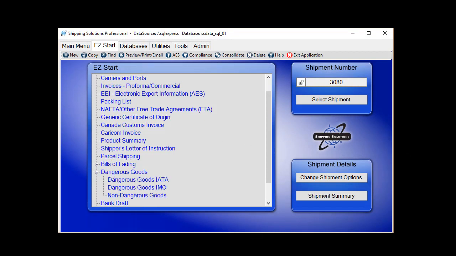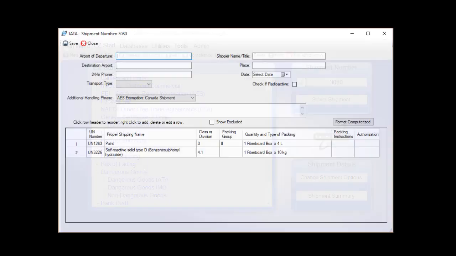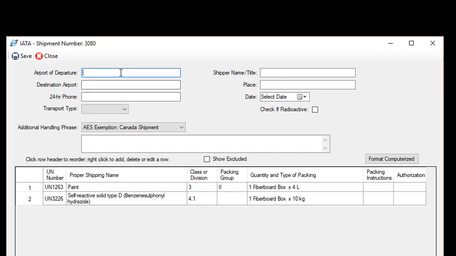If you are shipping via air, click the Dangerous Goods IATA screen, and if you are shipping via ocean, truck, or rail, click the Dangerous Goods IMO screen. First, we'll look at the IATA screen. Complete the fields in the top section of the screen, including a 24-hour phone number,